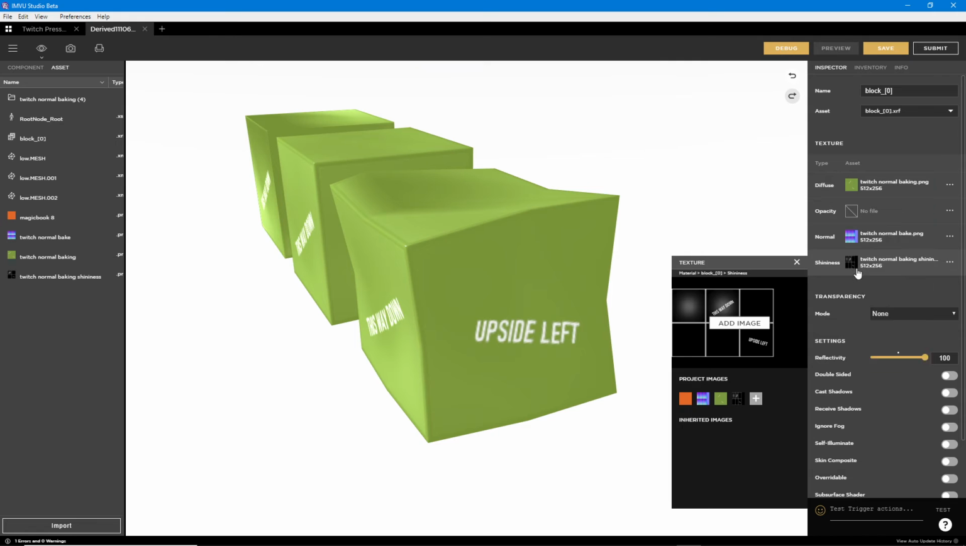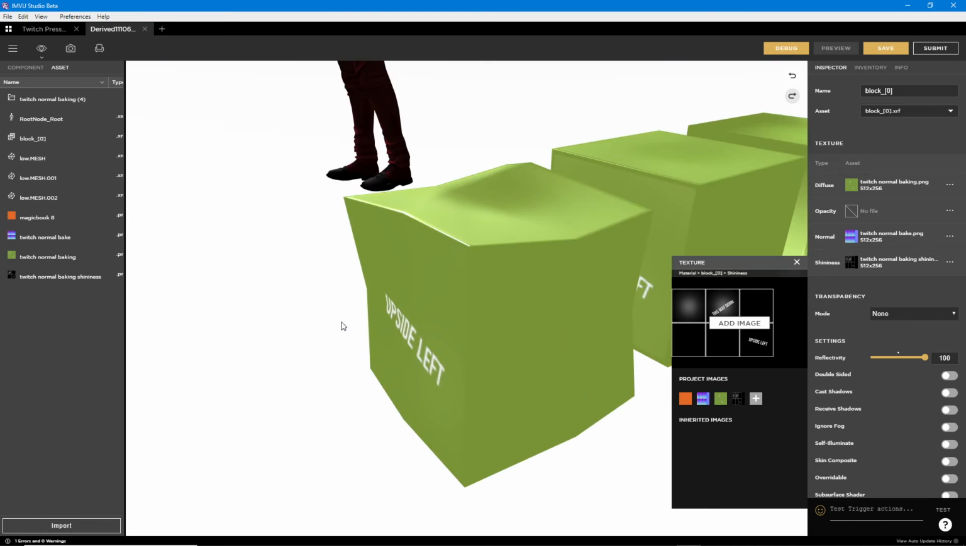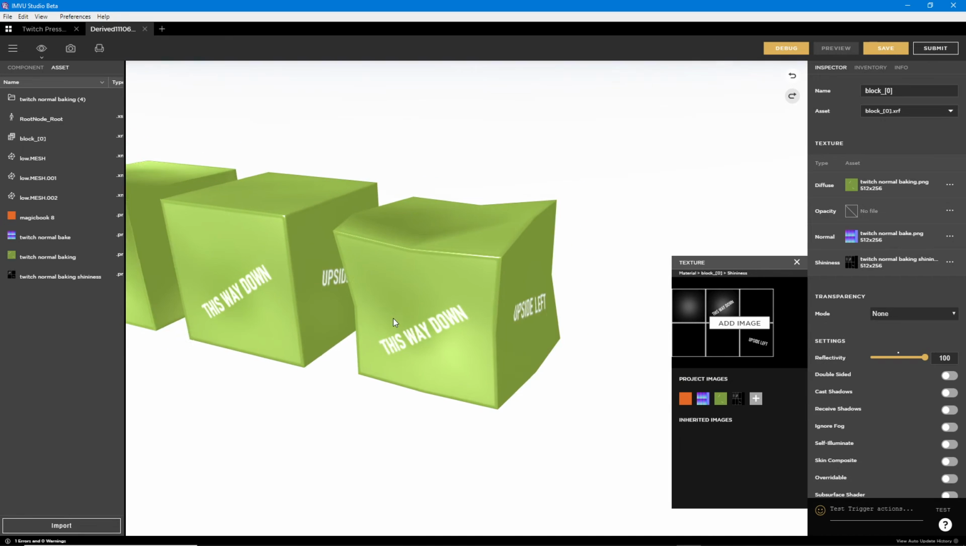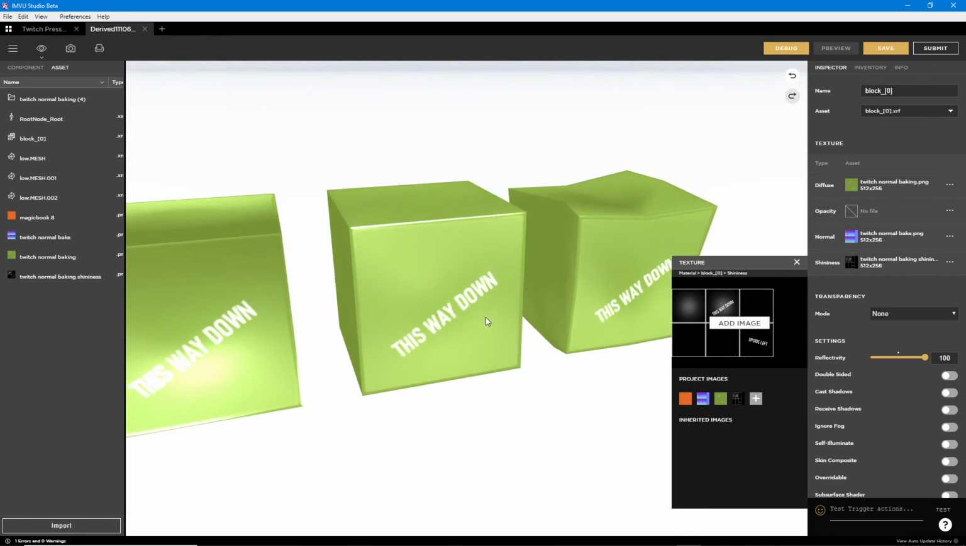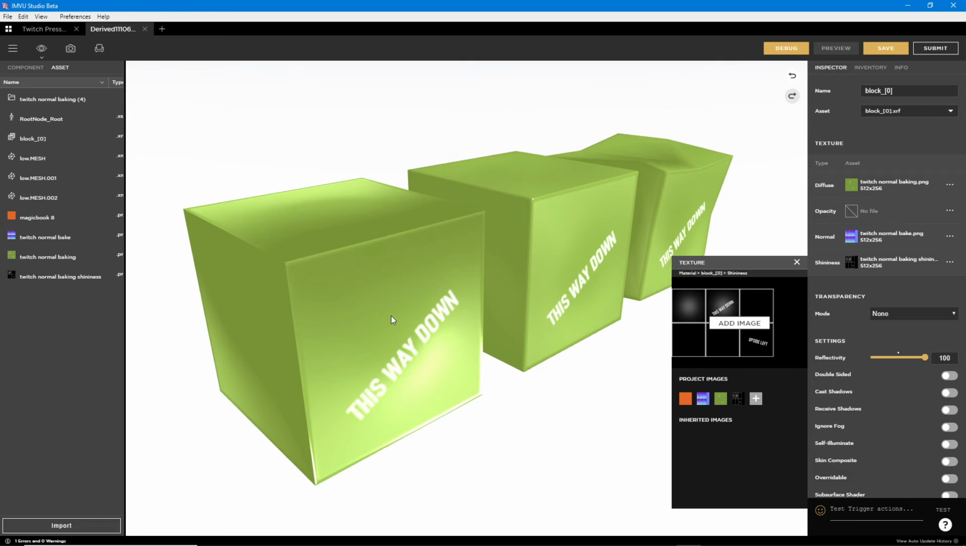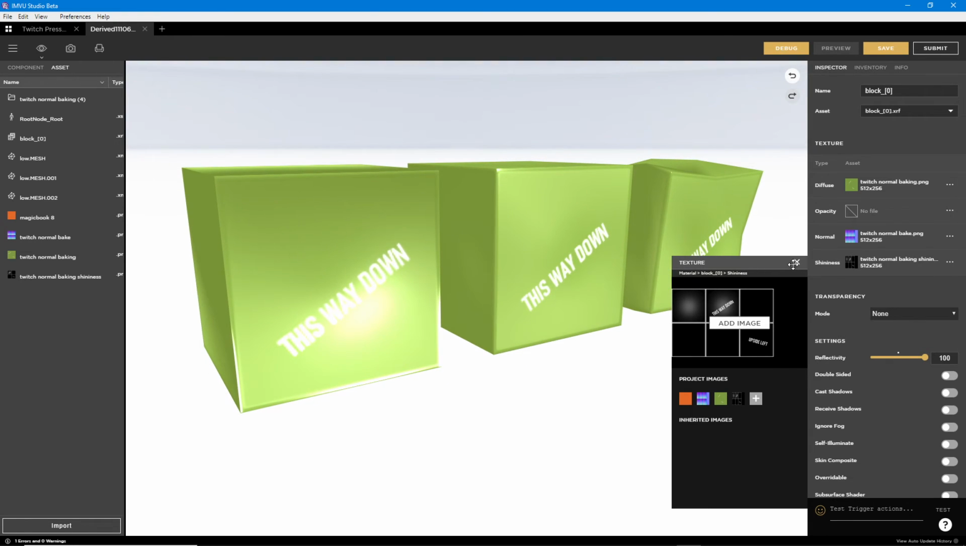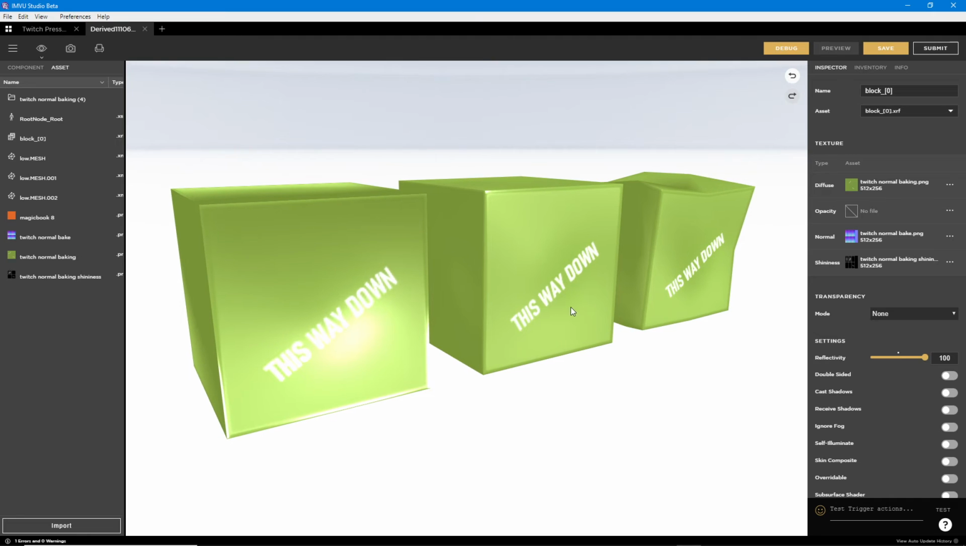So we can use all these maps to describe all of that and make much more interesting products. But there is one thing you do need to be aware of. If you do use Studio and you do use normal maps and shininess maps, you have to be aware that